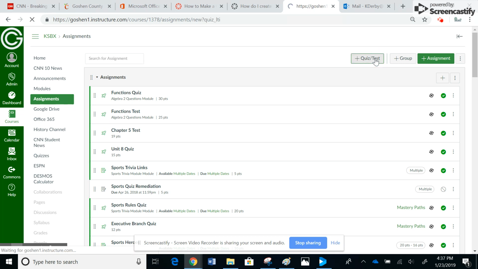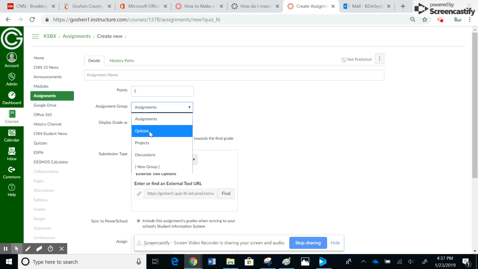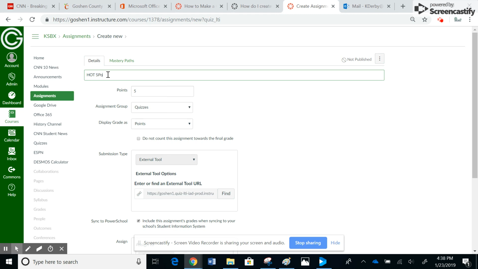So if I go ahead and click on that, it'll take me to a page. This is the details of the Quizzes.Next. So kind of similar to Legacy Quizzes, where you need to set up the points. Right here, this is where you can put it, assuming that you're syncing this to the gradebook, you can have your gradebook categories like assignments, quizzes. I'm going to go ahead and assign it as a quiz. I can go ahead and put the name in here. So we'll just put hot